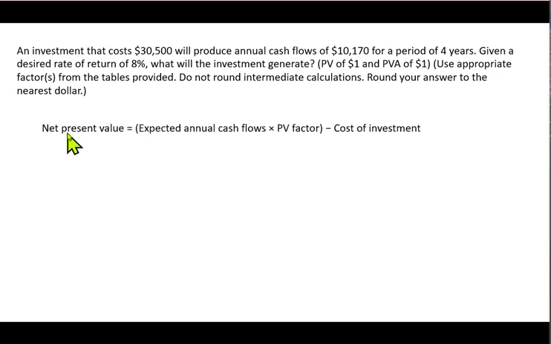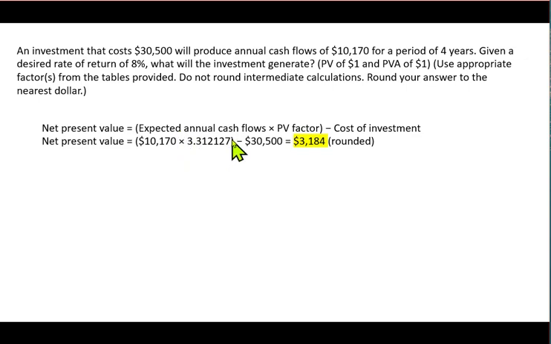The net present value, which we know is $30,500. And let's see, the annual cash flows, you know that also, which is going to be $10,170. And it says, given a desired rate of return of 8%, what will the investment generate? All right, let's see what we got here. So you've got $10,170. That's the equal periodic payment each year for 4 years. And the present value of 4 years, which is going to be a table value of 4 years at 8%, will be